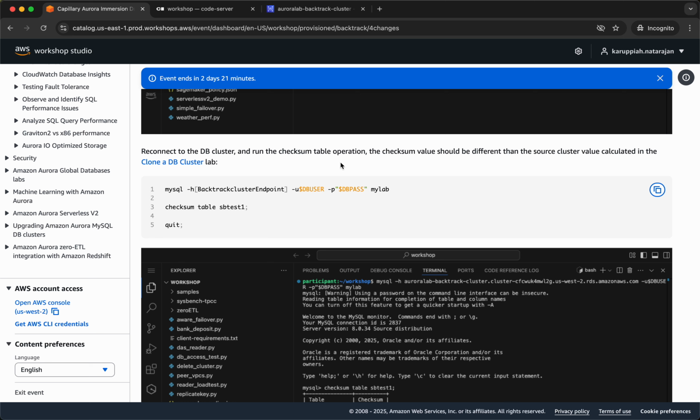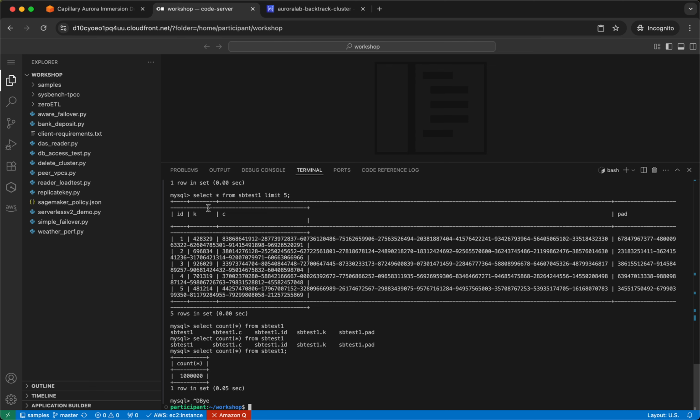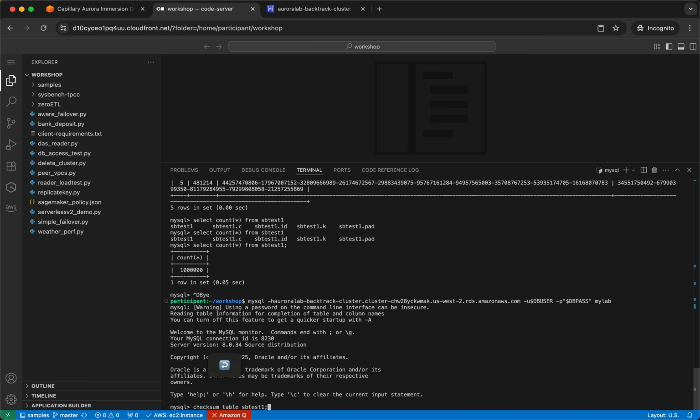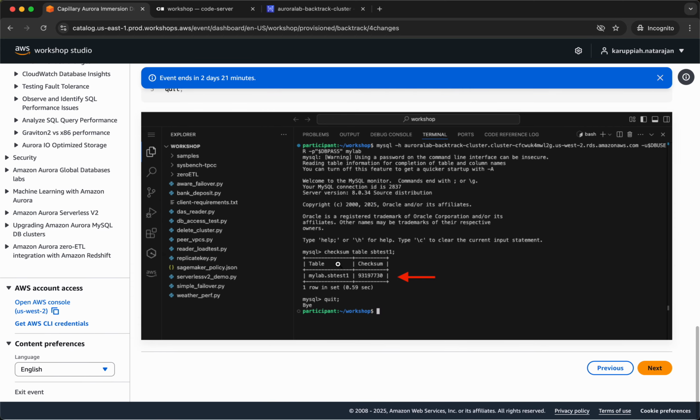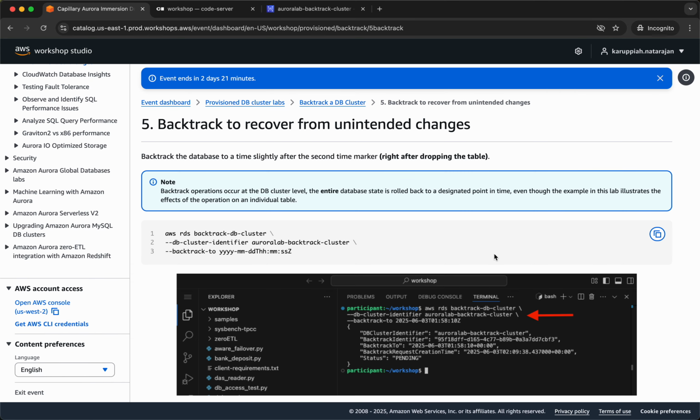So now, reconnect to the DB cluster and run the checksum. The checksum value should be different than the source cluster value created in it. Okay, so we didn't check the checksum though in these cases, but it's fine. Maybe this time we'll check. We didn't check how the data also looks like. It's okay. Checksum 931, right? So now we'll say AWS RDS backtrack DB cluster, identifier is backtrack cluster,